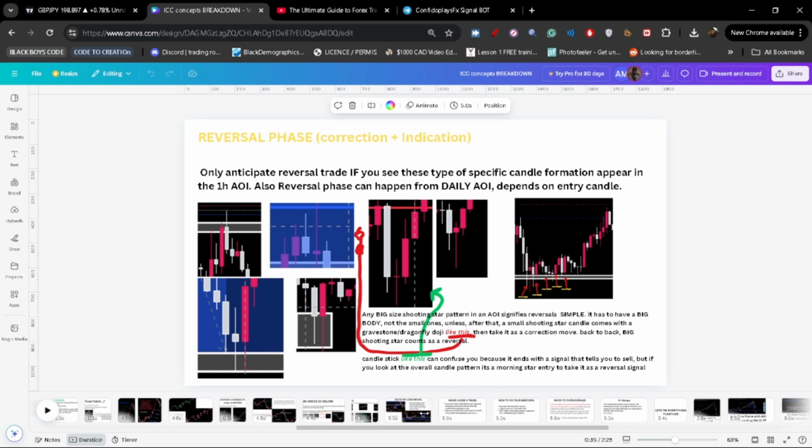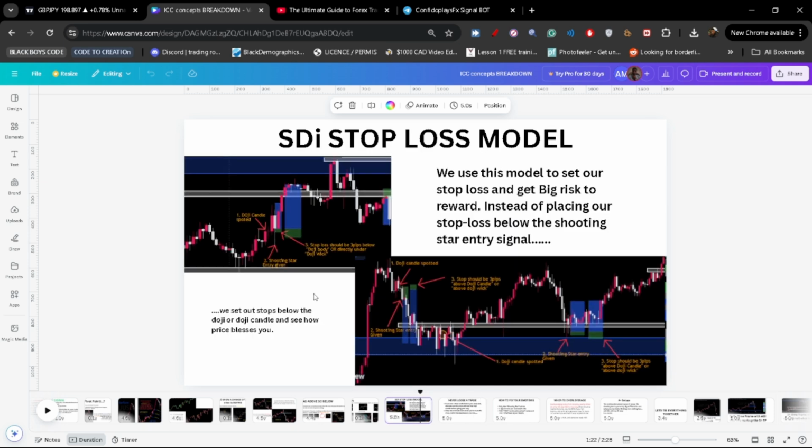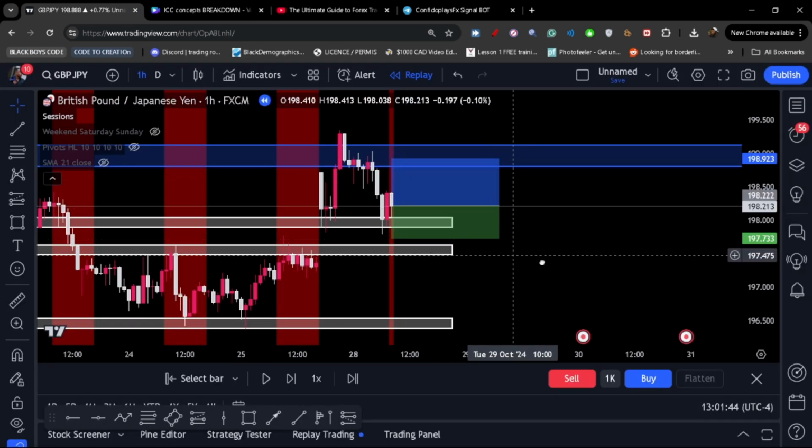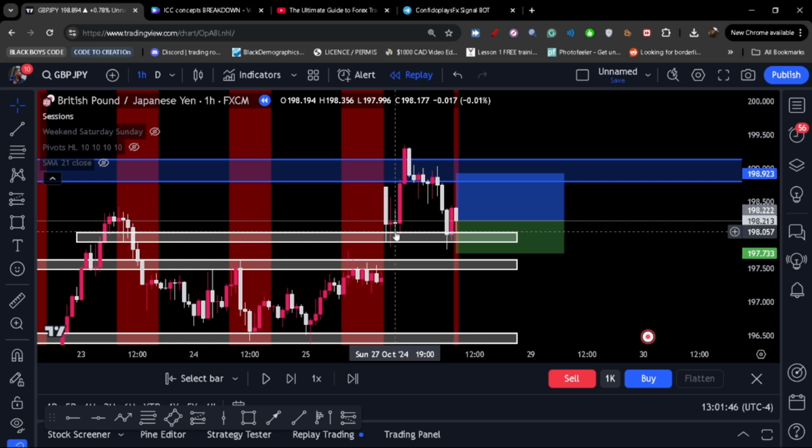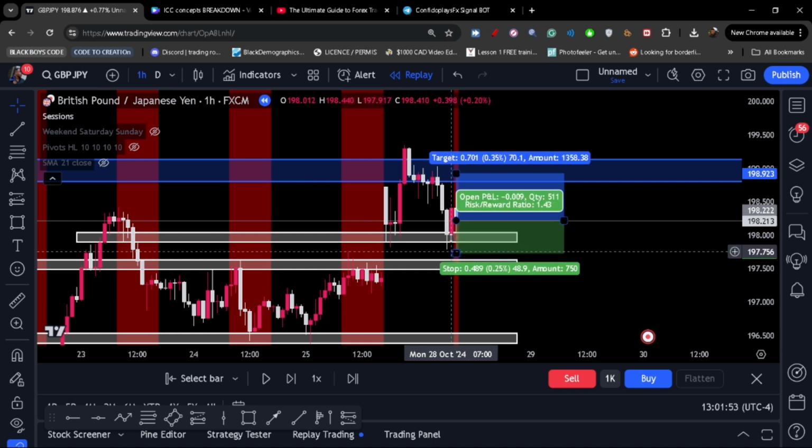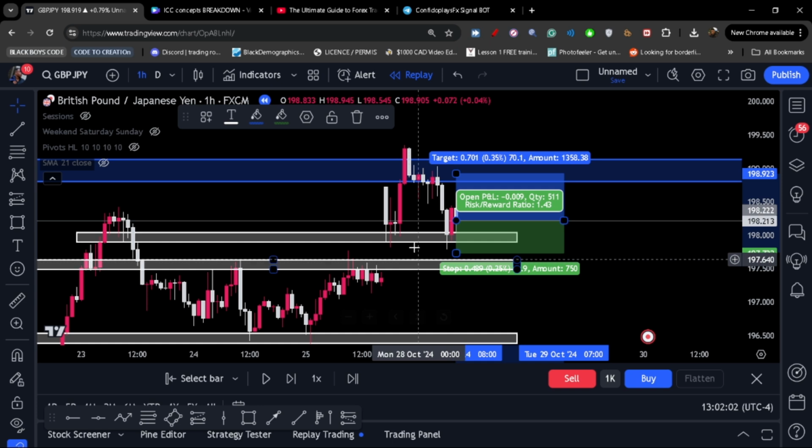Essentially, guys, this model means, whenever you see a doji candle beside your entry signal, you place your stop loss below that doji. So you can see that there's this doji here, this doji. Notice how price gave us an entry here, then gave us our second entry. This second entry I entered when price retraced to half of the candle. And then for the stop loss, I have my stop loss below this specific